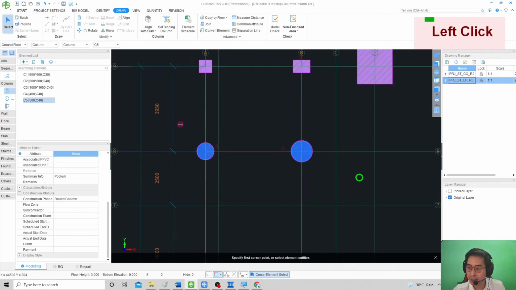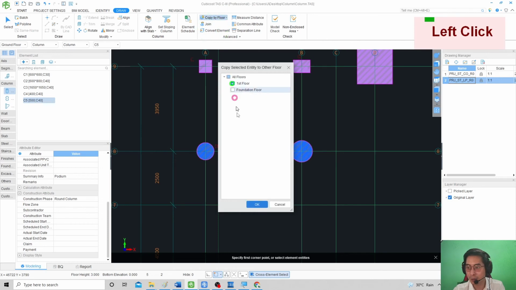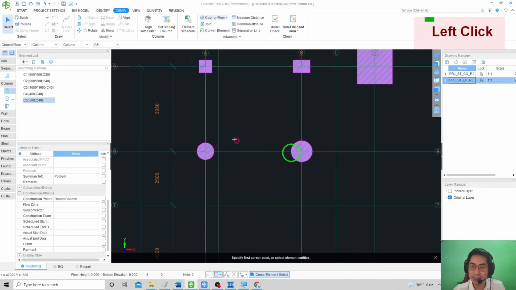So once you are done with your column, remember to copy to other floors and the floor above. Let's say your floor above is sharing the same column, or you can copy to the floor above and do adjustment later,